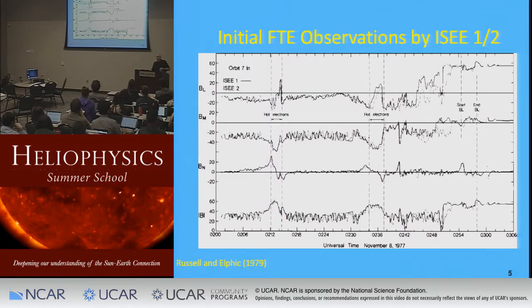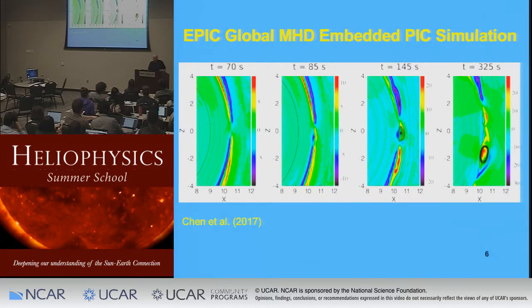Initially, they really didn't appreciate that at times they were going through the center of the flux rope, and at other times they were just passing near one and seeing a little bit of compression from draped field lines. Apologies. There we go. Today, of course, there are MHD simulations, in particular simulations such as EPIC, which actually couple kinetic simulations,